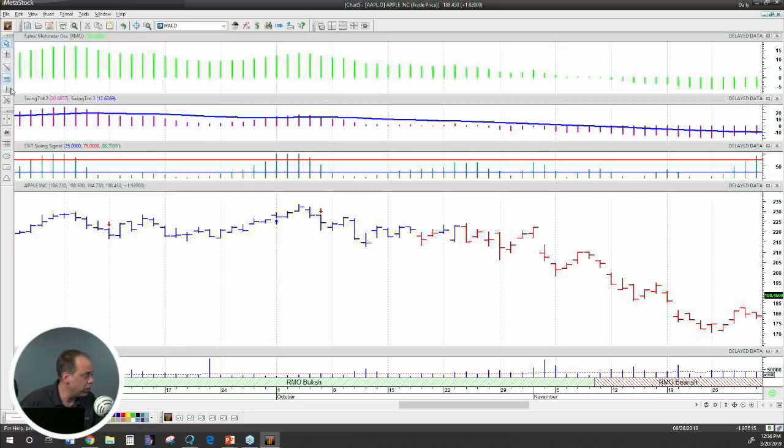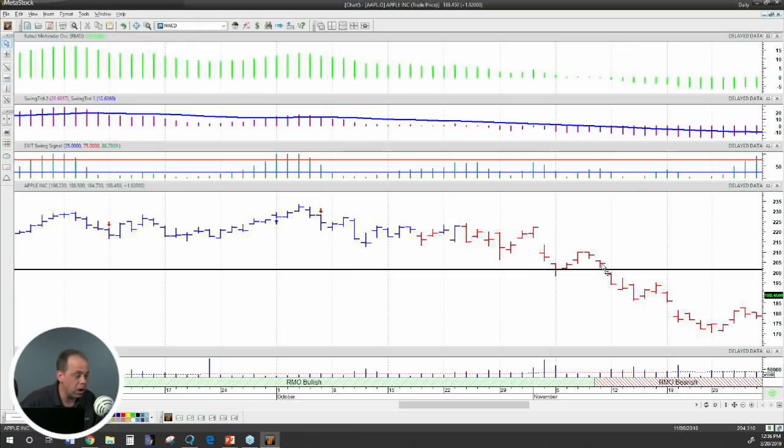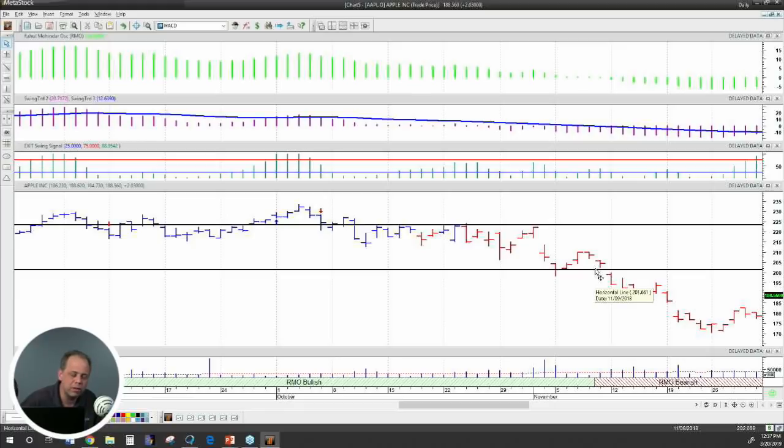So I'd be looking to go short if Apple went down below the low of this bar. This is where everything went against us. And I'd be looking to put in a stop loss against a pivot high, okay? And looking at the highs, I'd say this one is pretty close to being a pivot high, but this one is definitely a pivot high. So again, I'm just gonna put a line on the chart right here, okay? This is my entry price is going to be 201.61. I'm gonna go short if it goes down below that value. I'm gonna put a stop loss in the chart of 223.